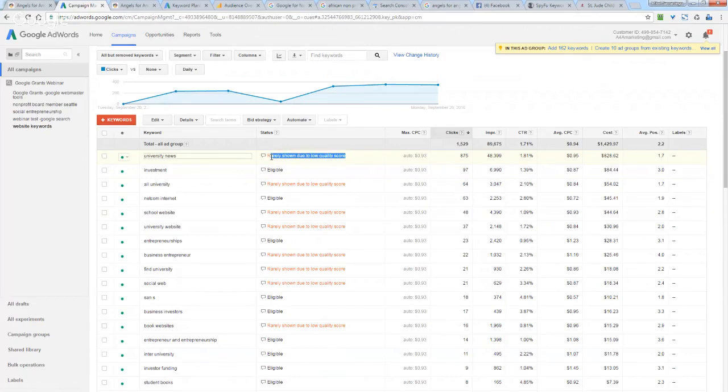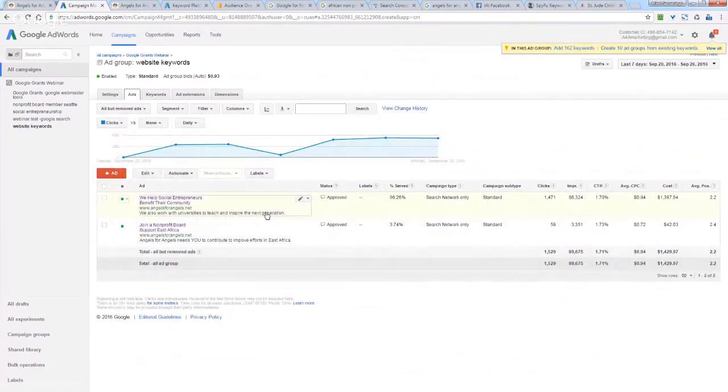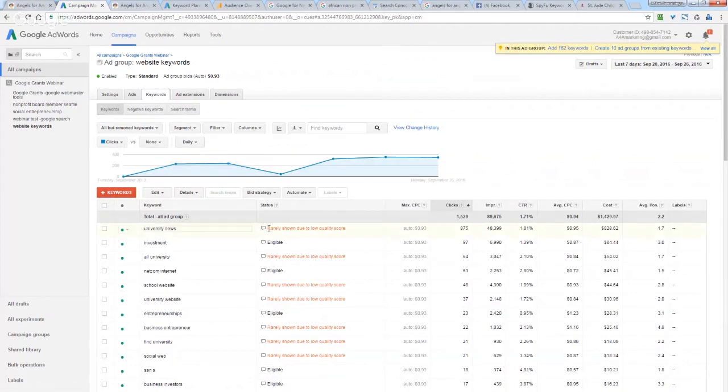Now this has a lot to do with the ad that it is pointed towards. So in this case, maybe it's because news isn't in the ad. So universities makes it half happy, but for the news part, it wants it to be a little bit more refined. But basically, after you've figured out which ads work, which ones you want to keep,